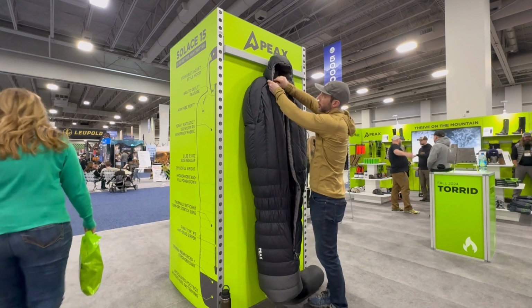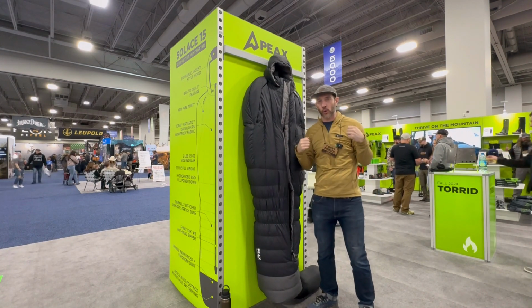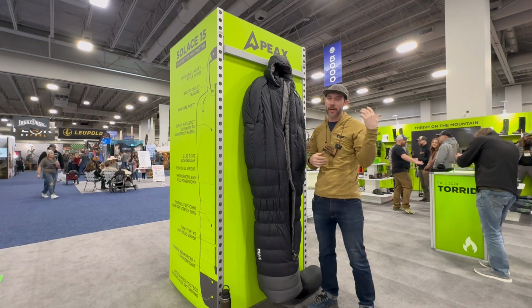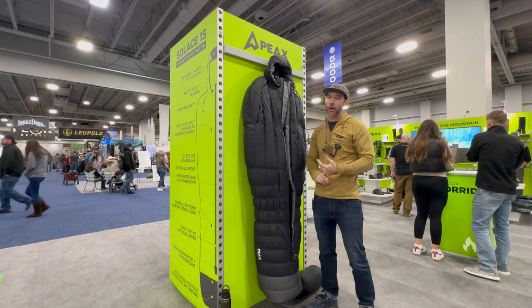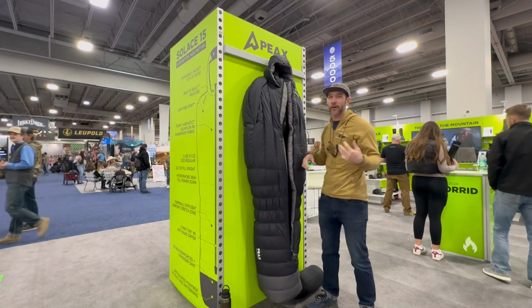The hood stores, so you can tuck that hood away and out of the way, and you can flip this over as a quilt. Why you might do that is, again, back to Montana weather, September, it could be 40 degrees at night, it could be 15 degrees at night. And comfort's not just about staying warm, it's also about regulating your heat or staying cool. And so you can flip this thing over on those warm nights and wear it as a quilt